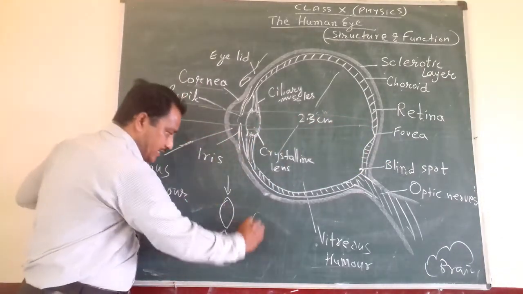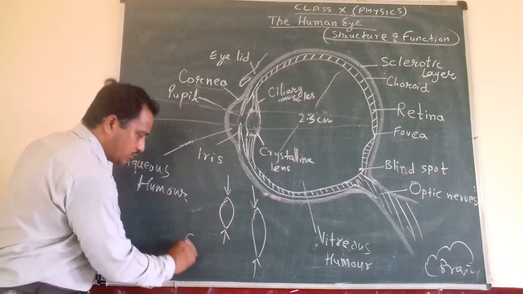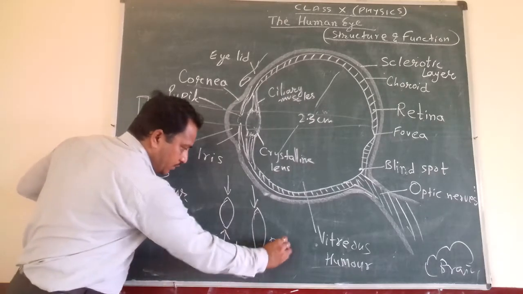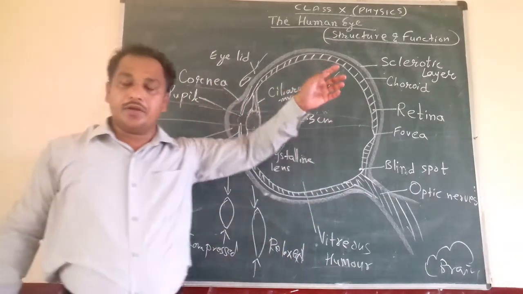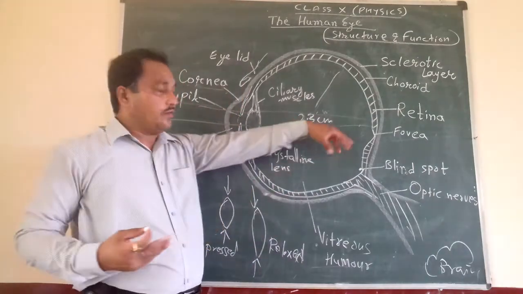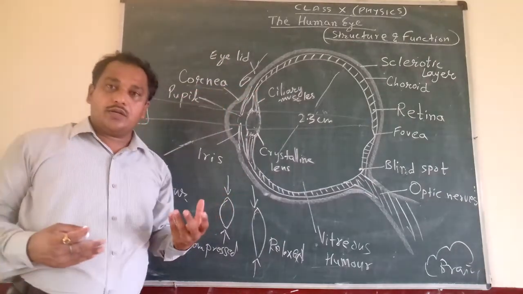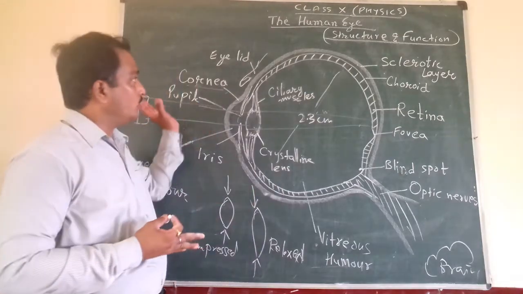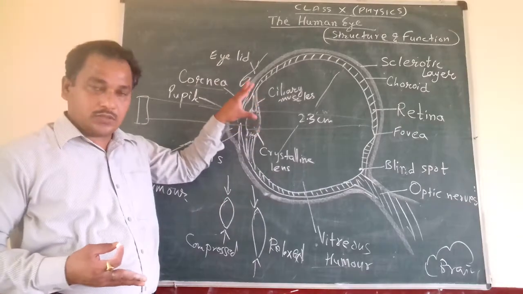Now when the muscles are not compressing, this is the relaxed position of the lens. This is compressed. This one is relaxed. When we are seeing a far object, at infinity, our ciliary muscles are relaxed. They are not compressing the lens so that we are able to perceive the object clearly. So this ability of our eye to adjust its focal length is called the power of accommodation. Hope it is clear to you, the structure, the function, and the function of the ciliary muscle.